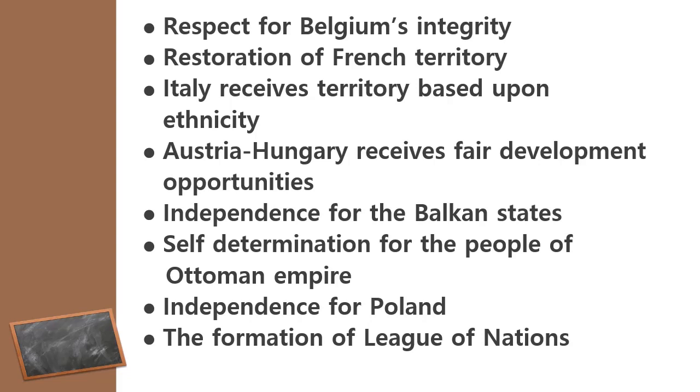And in his last point, he called for the formation of the League of Nations to guarantee independence for all countries, large and small. He wanted an institution that could keep a check on different nations for their self-determination and independence. However, Wilson's 14 points were not completely accepted by the European powers, as their views differed from his.